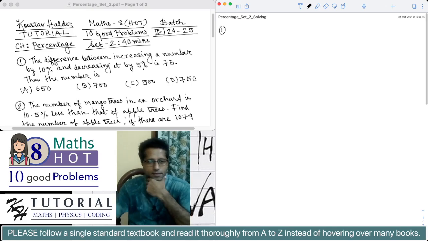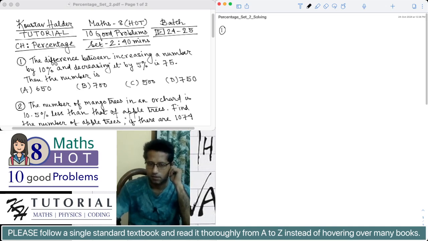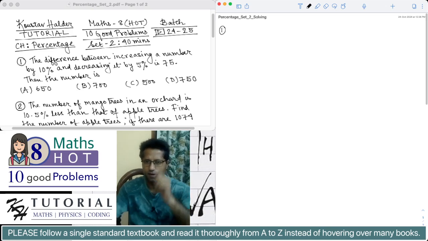The first problem says that the difference between increasing a number by 10% and decreasing it by 5% is 75. Then the number is? So it is saying that there is a number, when it is increased by 10%, whatever the value is, and then that number when it is decreased by 5%, whatever that number is, the difference of these two numbers is 75. We have to find the number. As usual, whenever there is an unknown asked to find, we always assume that unknown to be the variable. So let the number be